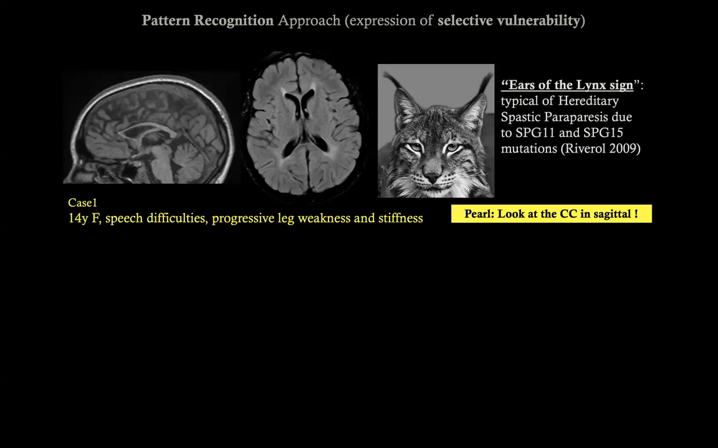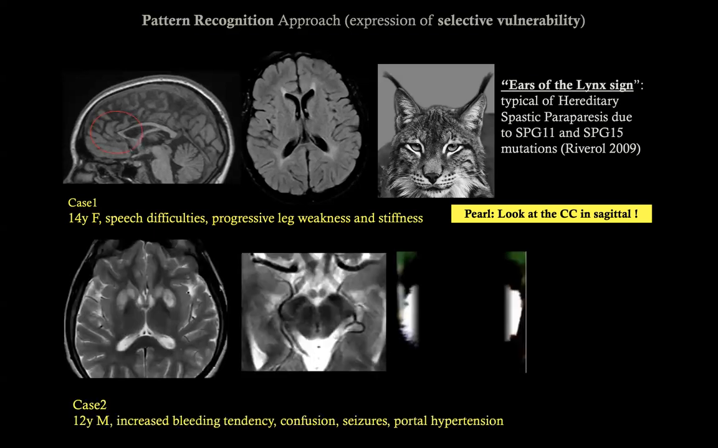But when you see a progressive neurological deterioration, especially leg weakness or motor function in general, and a small anterior corpus callosum, think hereditary spastic paraparesis. This is an example of pattern recognition. Another example is the famous